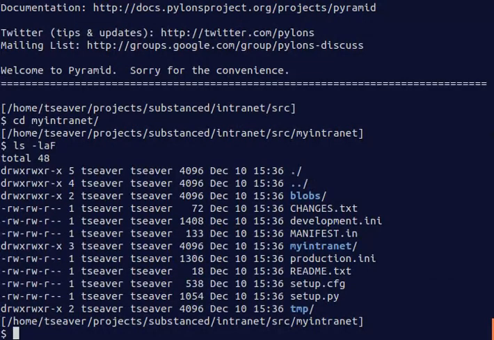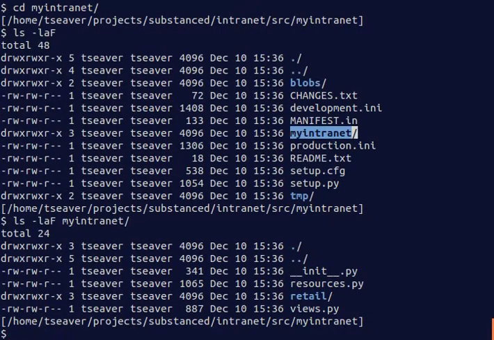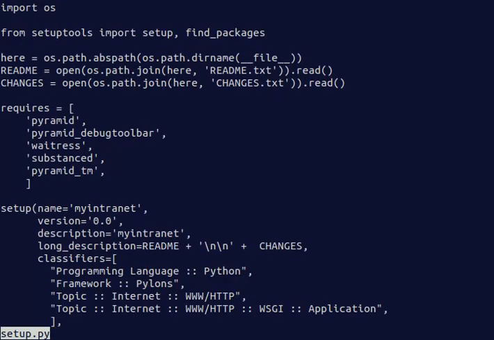And if we look here, there is a myintranet subdirectory, which is actually a Python package, has an __init__.py, along with other initial versions of software. You'll see that there is a setup.py here, and if we look at it, we'll see